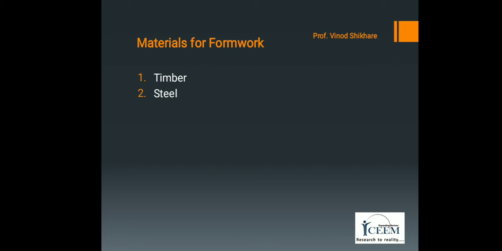The next components of the formwork are studs, wales, head trees, subsidiary bearer and transom. These may vary from 10 centimeter by 5 centimeter to about 12.5 centimeter by 12.5 centimeter. Sections about 7.5 centimeter by 5 centimeter are useful for general bracing and light shuttering. The next material is steel.